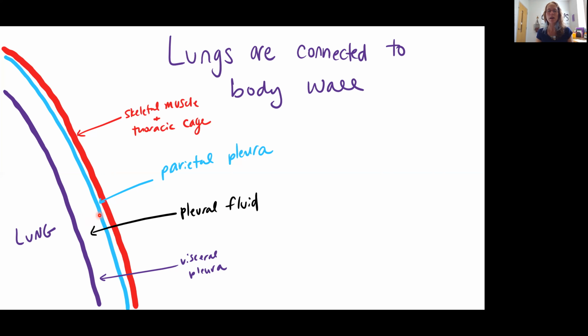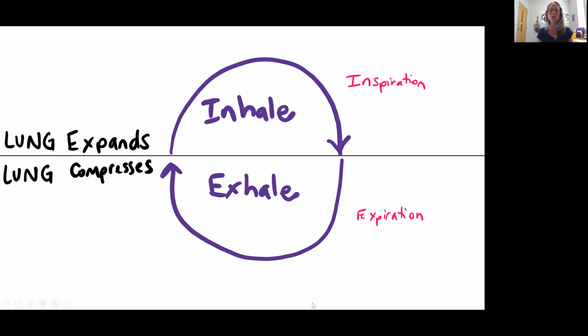So as long as you have fluid in this pleural cavity, then you have a connection between the visceral pleura, the parietal pleura, and the skeletal muscle in the thoracic cage. And so what we can see is movement of the skeletal muscle increasing the size of our thoracic cage will also increase our lung capacity, or vice versa. Okay, so essentially what we're going to see happening is as our lungs expand and get larger, this is going to give us our